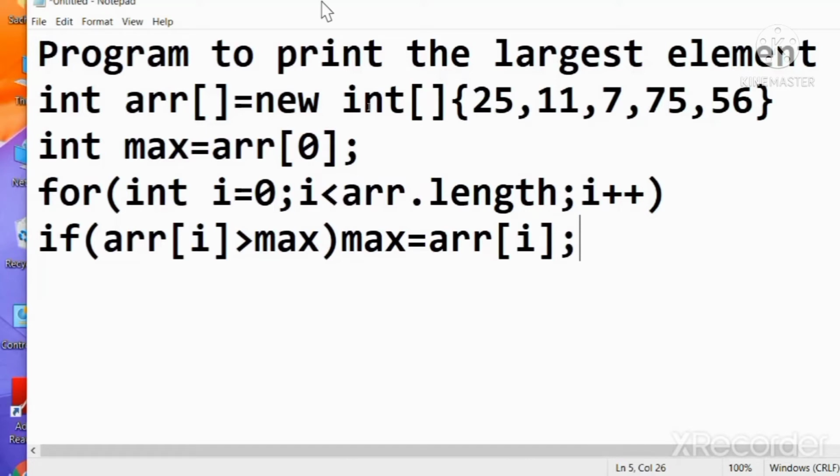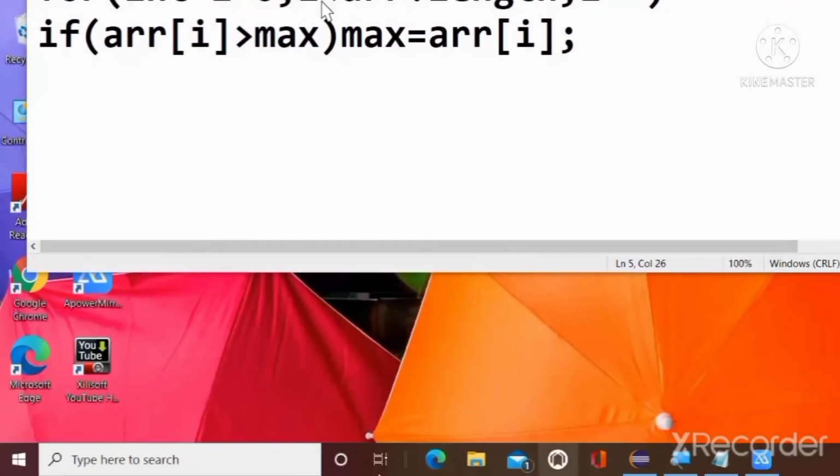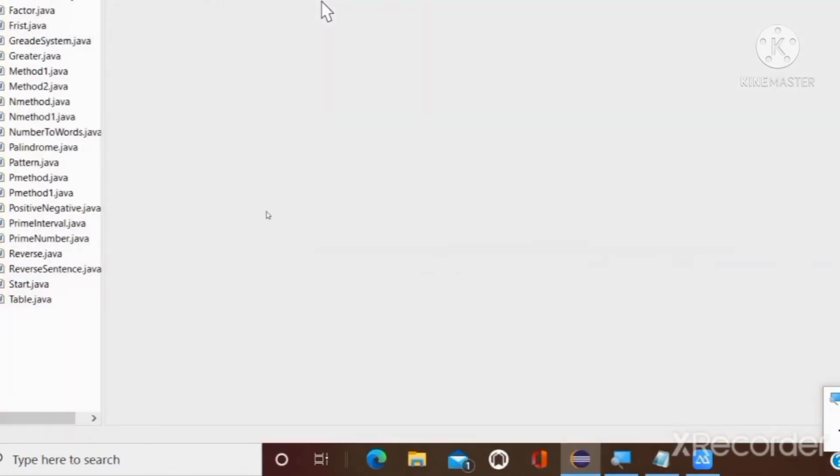Then 25 is greater than 11, so no changes are made. It continues until the array elements end. So let's try it in Eclipse and run the code.